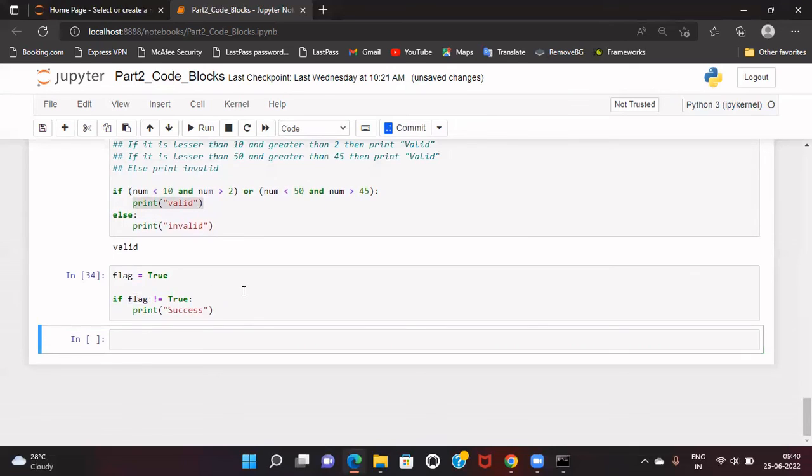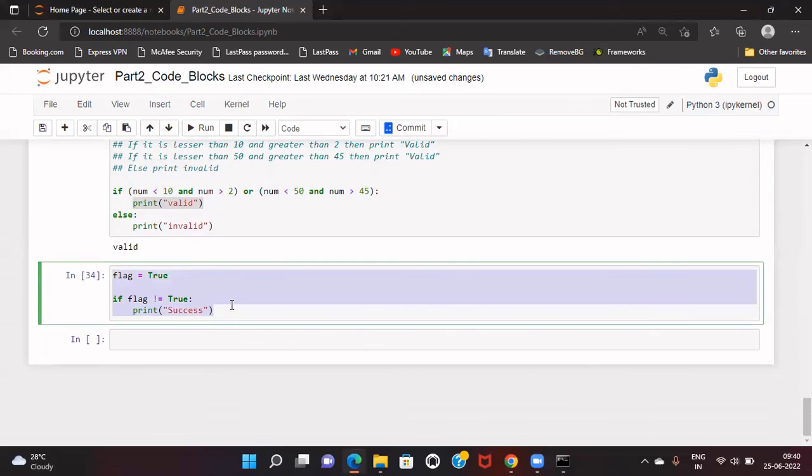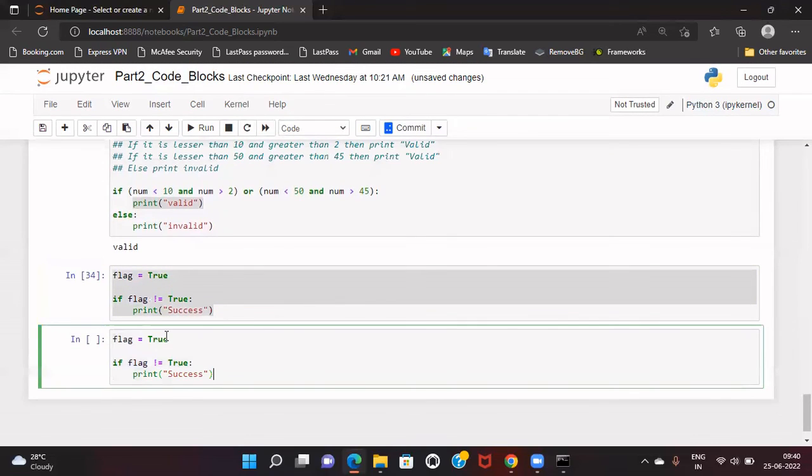This is one way. But another way of doing it is using the not operator. So how? We don't need to add this expression. We just simply add a not operator, not. So if not flag means if not true, then